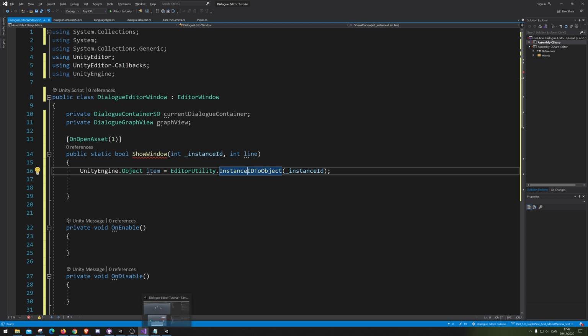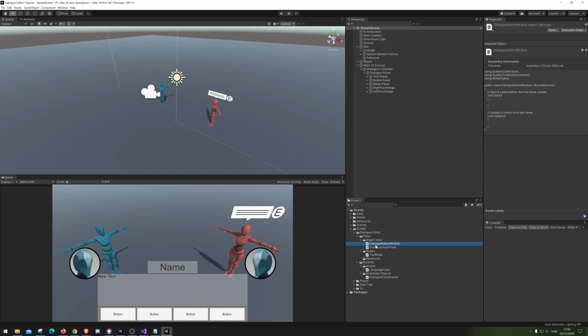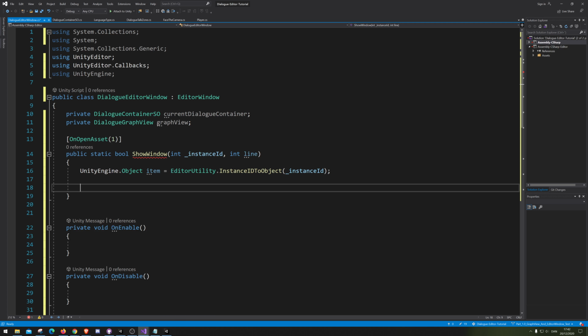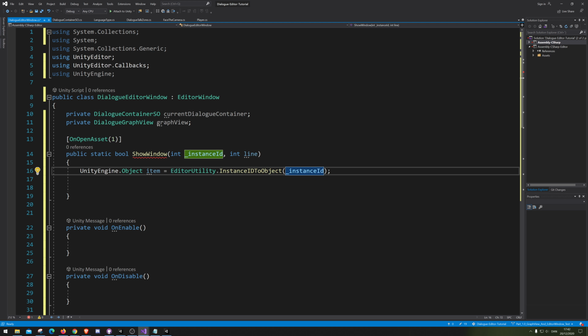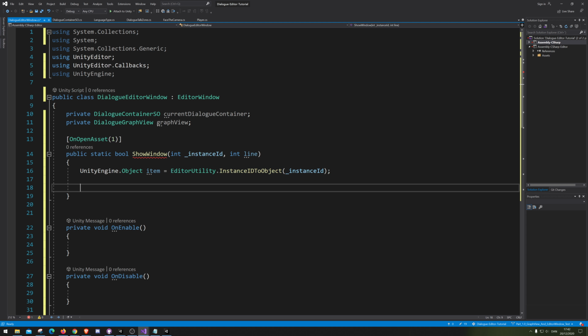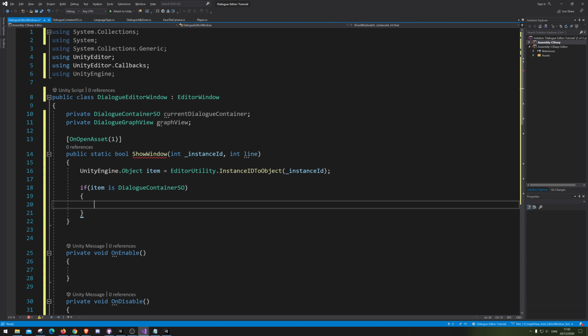thing. So when we go inside here and double click, let's say this thing here, it will then throw this ID into Unity system and say, well, load the thing with this specific ID. So now we're going to ask it if the item is a dialog container, a scriptable object. And if it is that, we need to actually make it into a